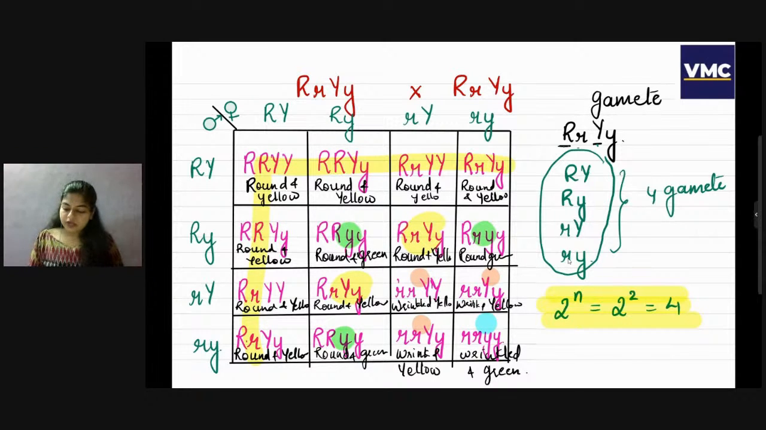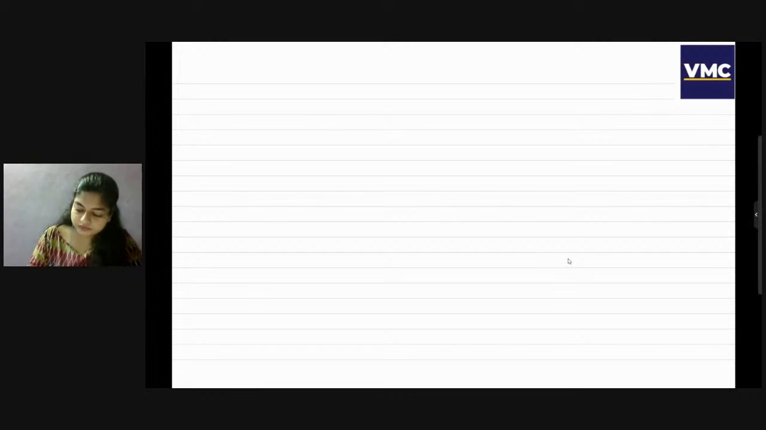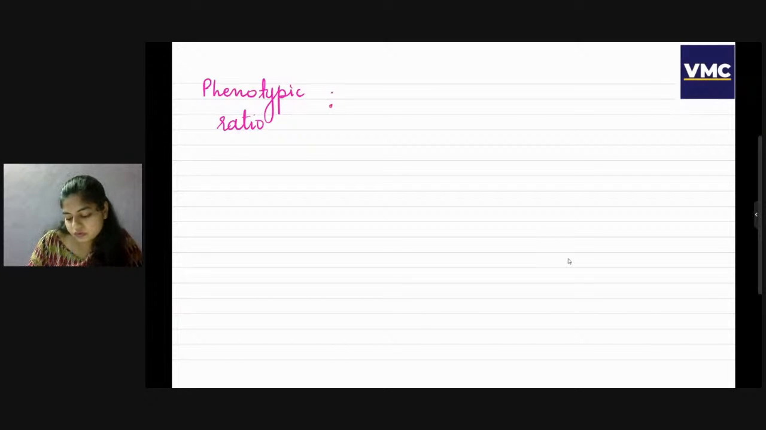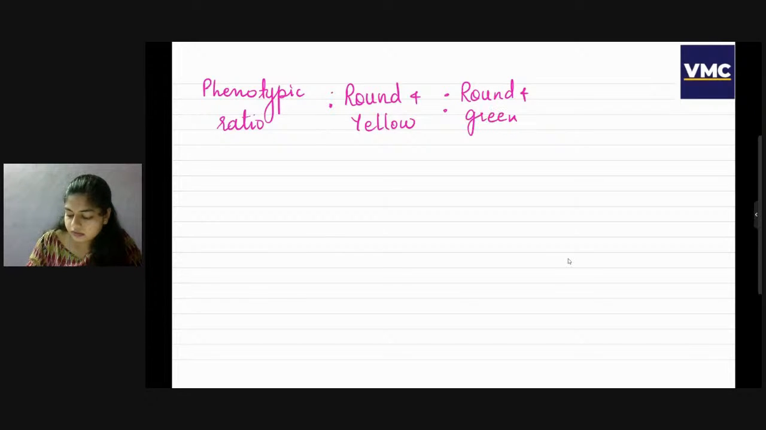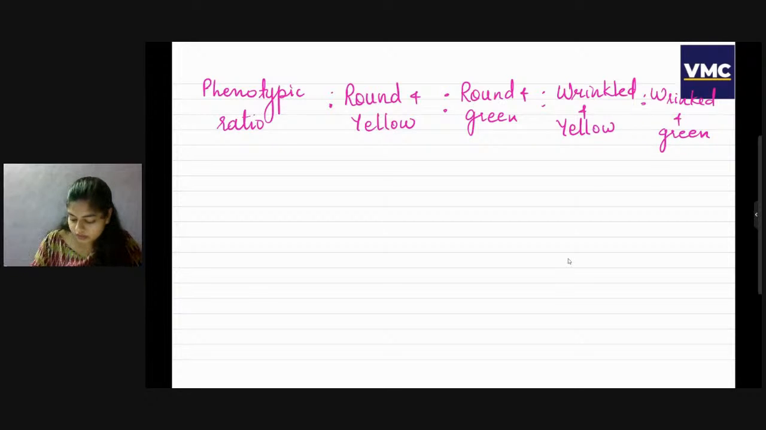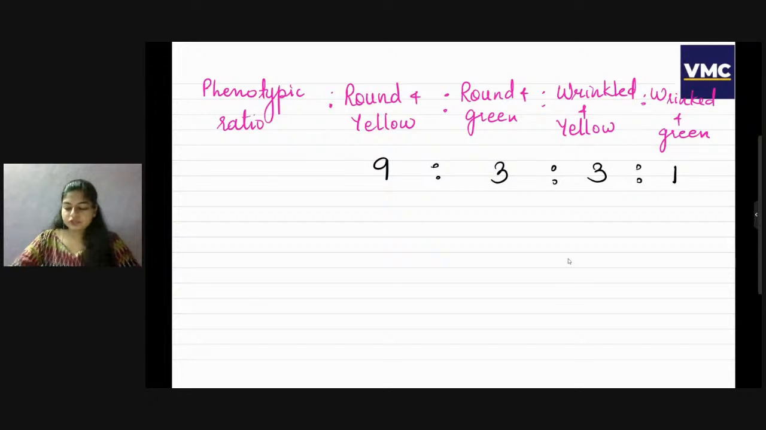Okay, so here the ratio you get, the phenotypic ratio of a dihybrid cross, is: how many round and yellow is to round and green is to wrinkled and yellow is to wrinkled and green. And the ratio comes to be 9:3:3:1. Now whoever has understood this, all the questions related to it are solved, because most of the